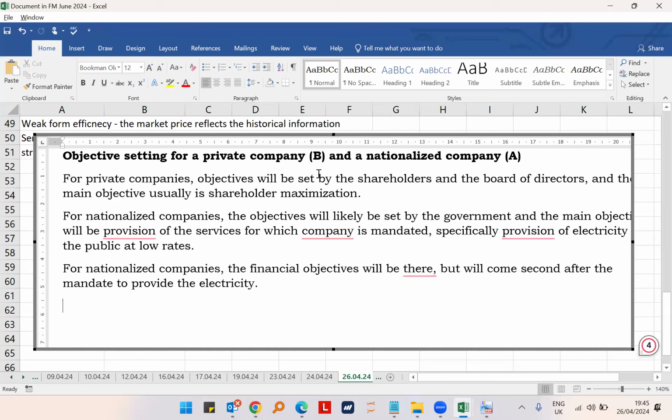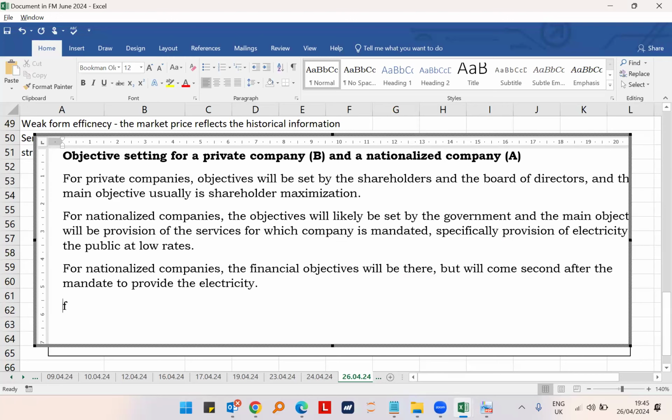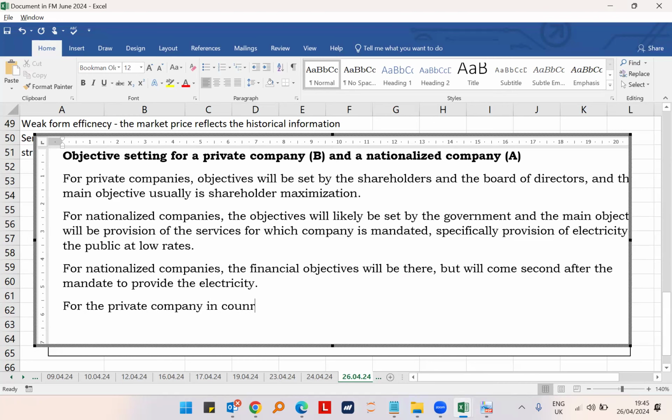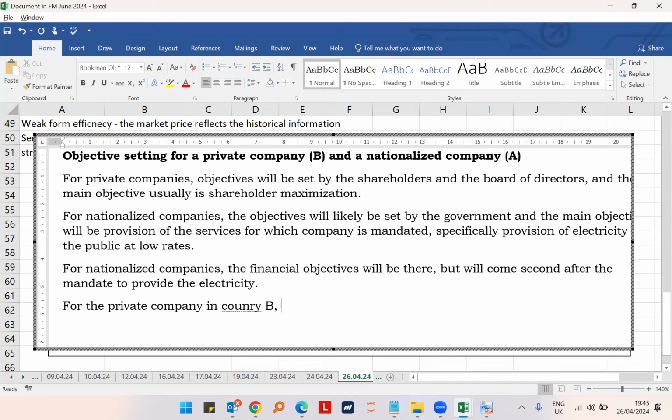Okay. So for the private company in country B, investment planning will be made based on